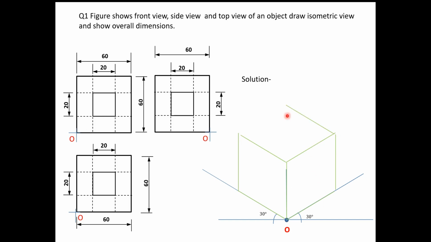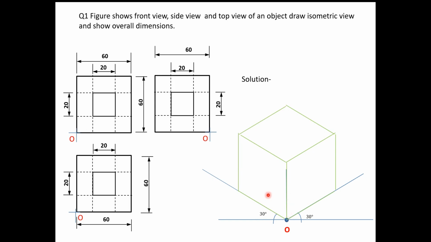edge. Okay, so if you see here we have completed the right isometric plane, left side isometric plane and top isometric planes. So these lines are parallel to isometric axis, so these are called isometric lines. Okay, so this first, second, third, these lines are parallel to this axis. If you see first, second, third, these lines are parallel to this vertical isometric axis.